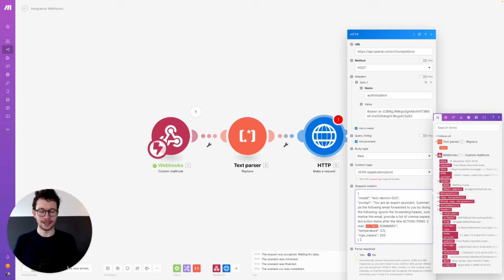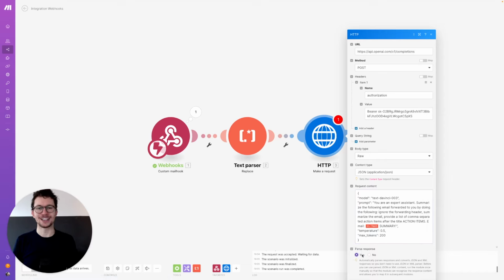So yeah, that's everything in here. And then we want to make sure that we click on pass response yes. This will make sure that the answer that we get back is actually useful for us. And that's it. Now we set up the AI and we can test it to see whether it can summarize